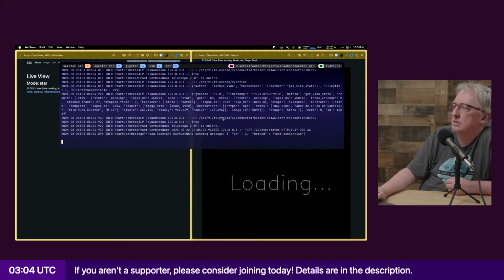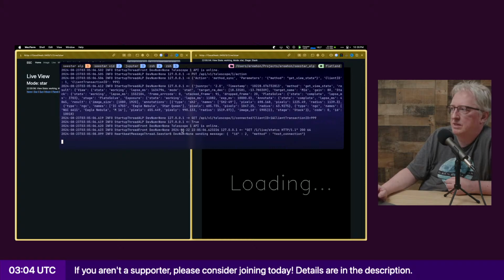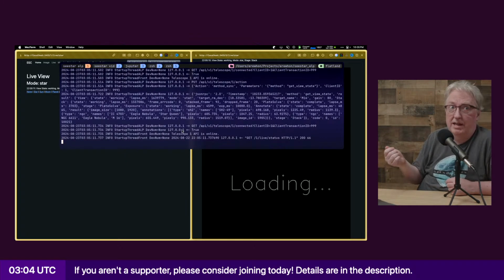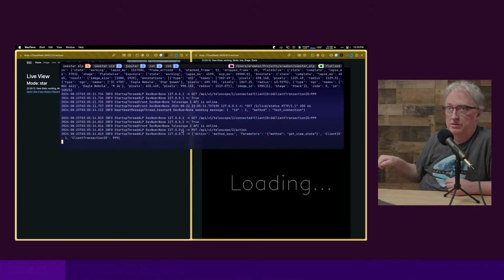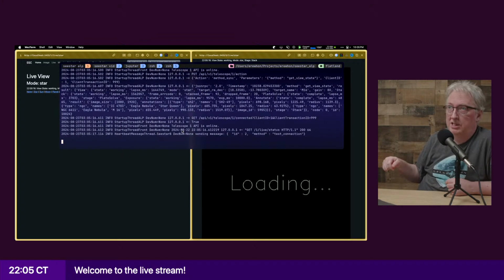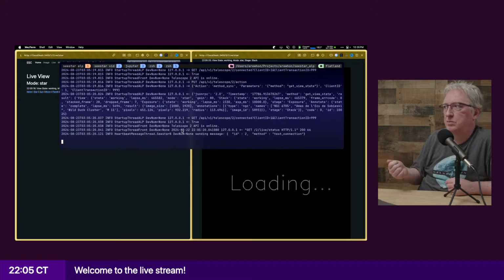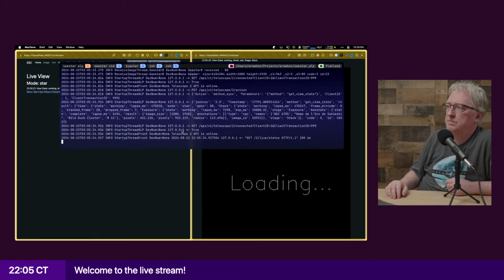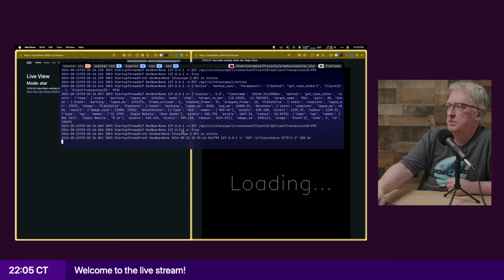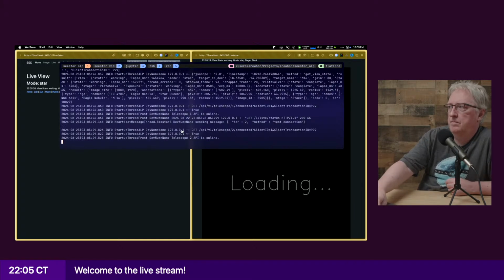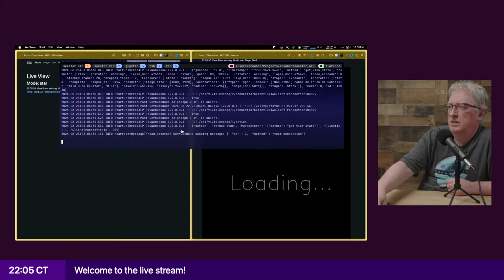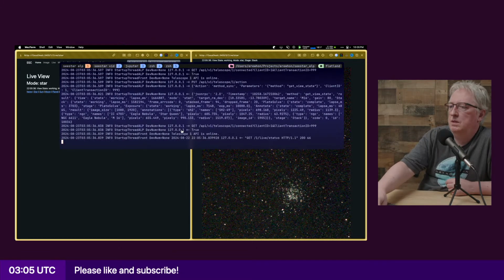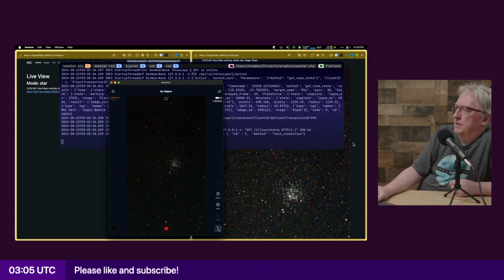So it very briefly shows up where it gets something from the Seestar saying this is how much data I have, and then it sends it, and if it's a stack, you have to unzip it in memory and then display it. There's still some quirks. There we go. Ah, finally.